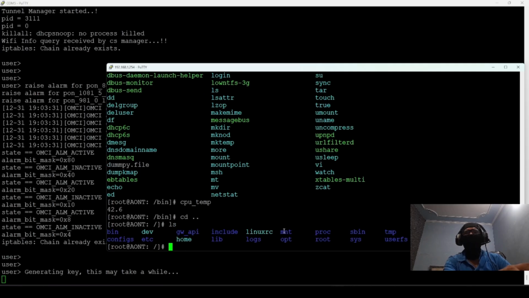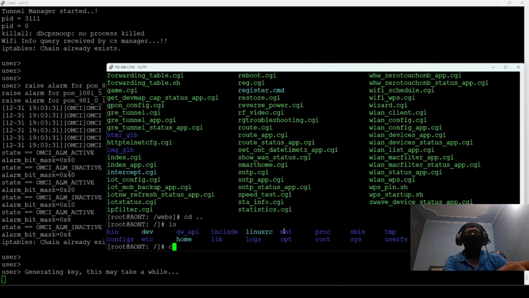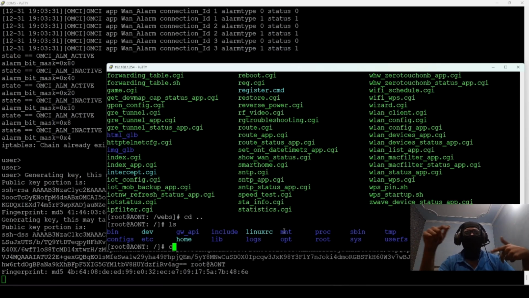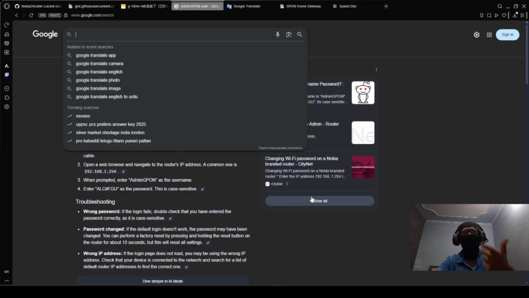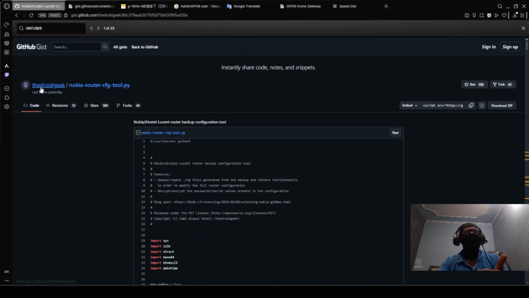We have webs. We can see all the web files. We have full access to this router just by using nothing but our brains and this tool that this gentleman has given us, right? This is the Droid Geek, awesome code by Droid Geek.